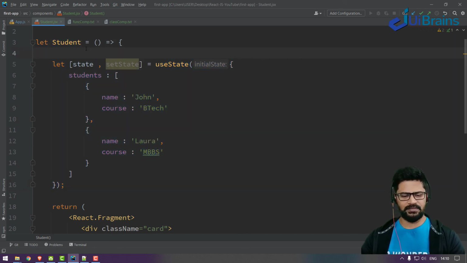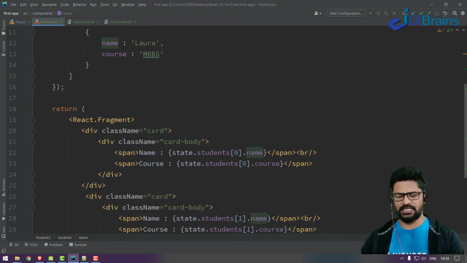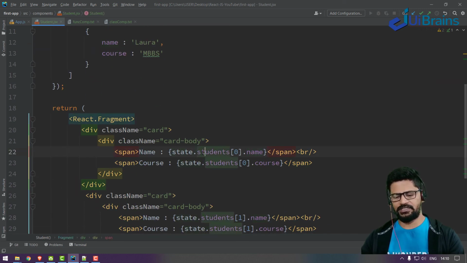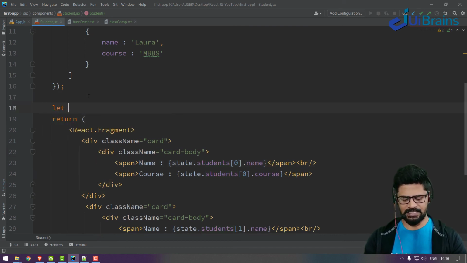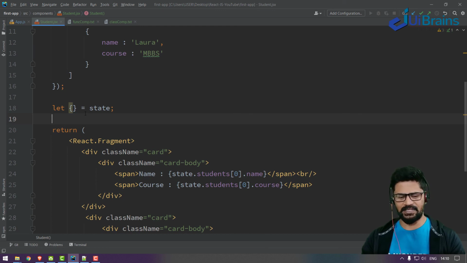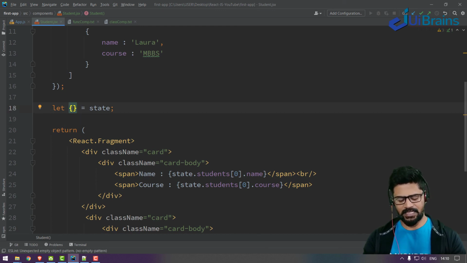Okay, fine. Now one more thing you can do, a small change in this. Instead of reading state.students.name, you can destructure it. Let something is equal to state. Normal ES6 destructuring concept. So from here I read only students.